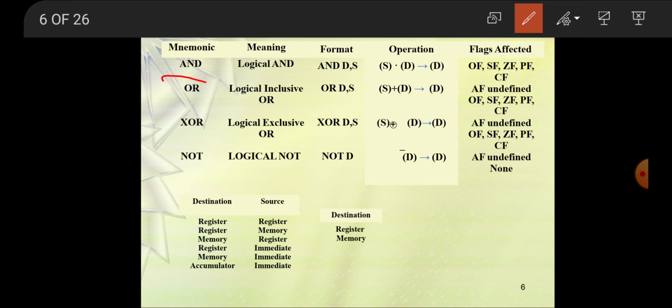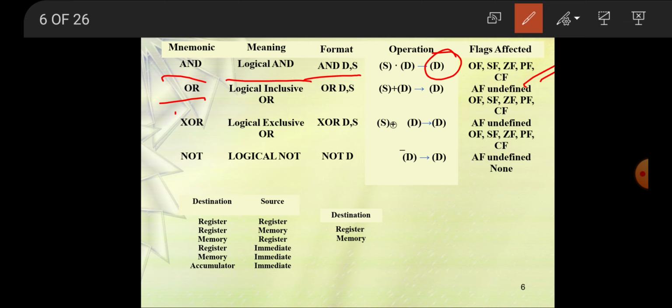The mnemonic is AND, a logical AND, and the format is AND D, S. Whatever is in D and S, it performs the logical AND operation and the final result gets stored into D. The flags OF, CF, SF, ZF and PF get affected.